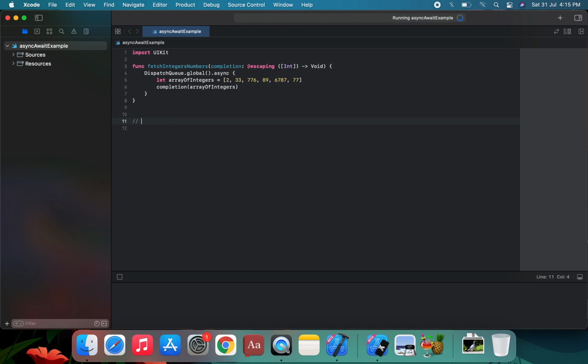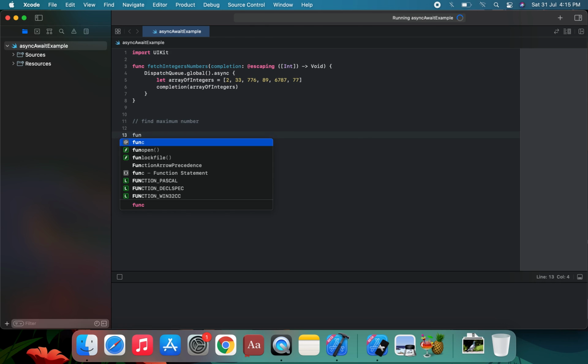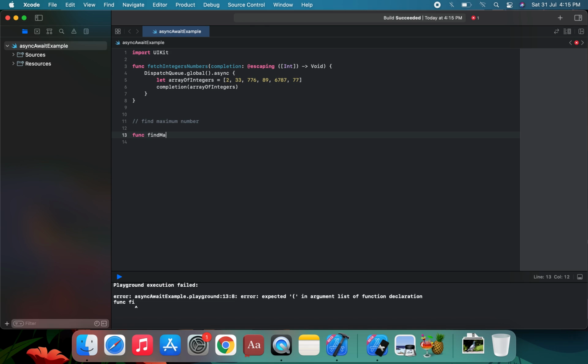We're going to create another function, find maximum integer number.